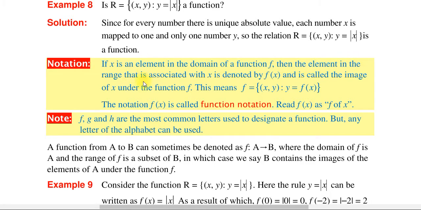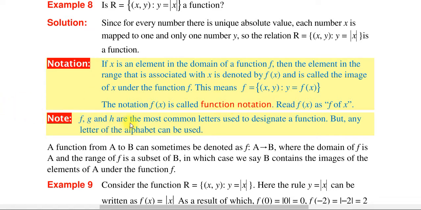So notation: if x is an element in the domain of the function f, then the element in the range that is associated with x is denoted by f of x and is called the image of x under the function f. This means f is equal to the set of (x, y) such that y is equal to f of x. The notation f of x ምን ተብሎ ይነበባል? f of x function notation እንለዋለን። f of x ተብሎ ይነበባል ወይም function notation።